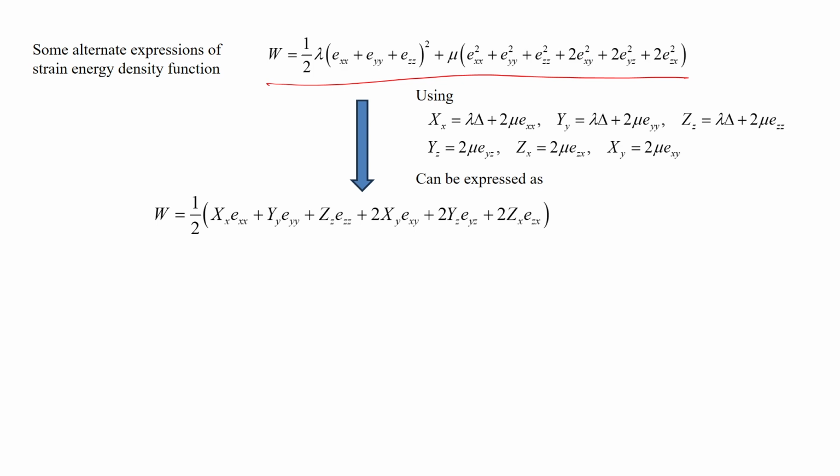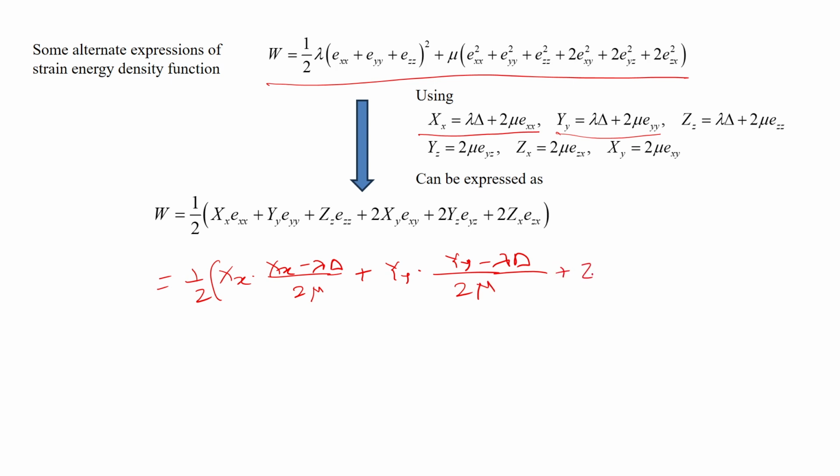So, how do we do that? That is what I would like to show you. Here, σxx is equal to λΔ plus 2μExx, and σyy is equal to λΔ plus 2μEyy. Let us substitute for Exx and Eyy. So, Exx will be equal to (σxx minus λΔ) by 2μ, and plus Eyy will be (σyy minus λΔ) by 2μ,